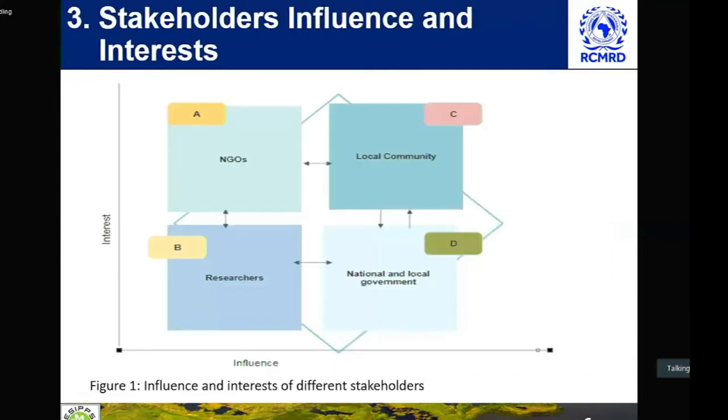So for the third category, those who have a great influence and interest in terms of wetlands, we have tried to categorize these four basic categories under interest, which is displayed on the y-axis, and influence, which is displayed on the x-axis. If we try to schematize this,